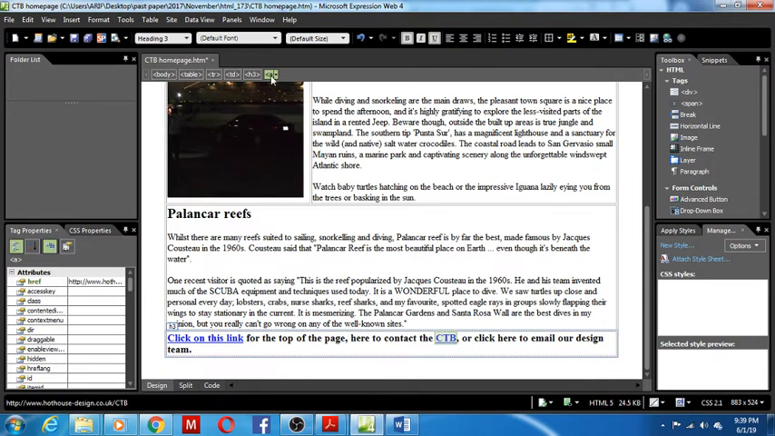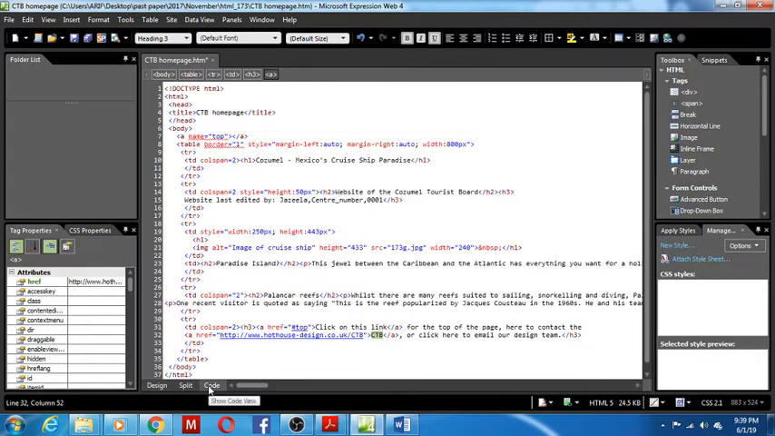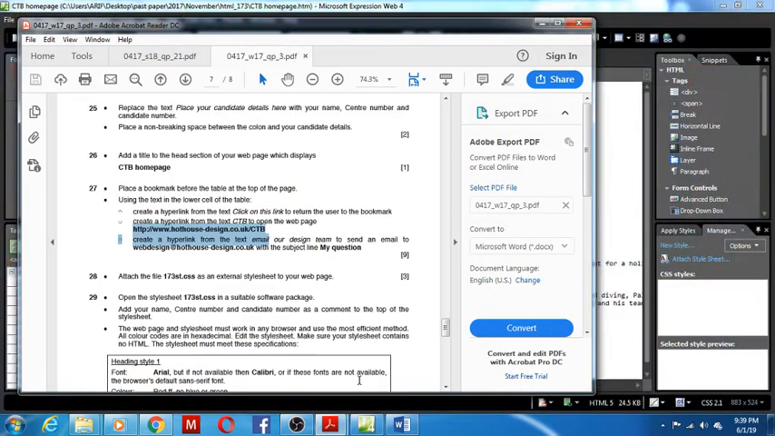A hyperlink is created. Href is equal to, this is before the word CTB, a hyperlink got created to this particular web page. Now the next hyperlink is